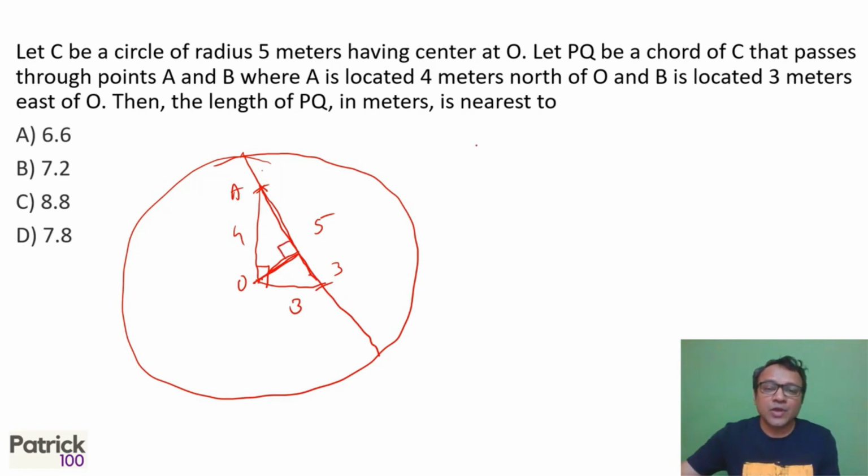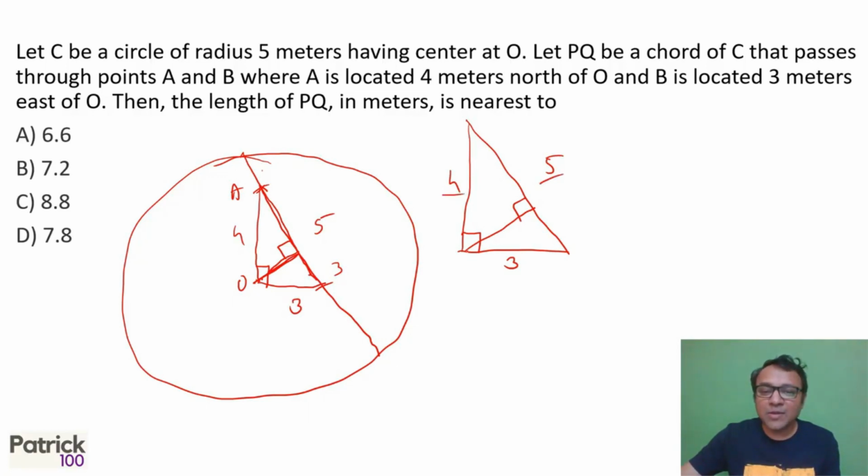Now, this is a right angle. You need to be thorough with the three right angle triangles theory. It usually comes in the exam. So if this is 4, 3, and 5, how do you find this particular length? Basically, all the three right angle triangles are similar. So the hypotenuse and the bigger length are in ratio 4:5, which means this bigger length, let's say OC, is 80% of 3, which is 2.4. Now if this is 2.4, that means the distance of the chord from the center of the circle is 2.4.